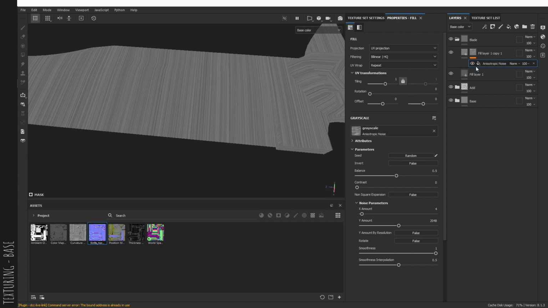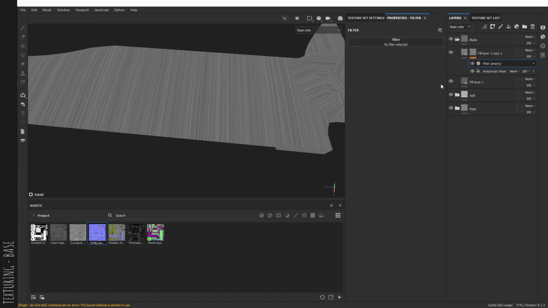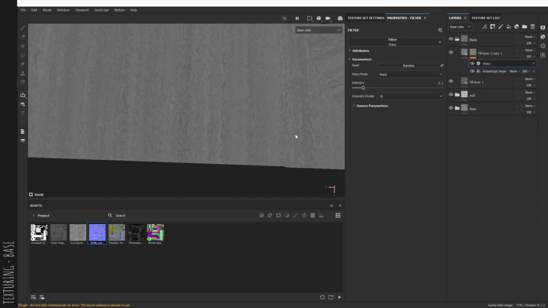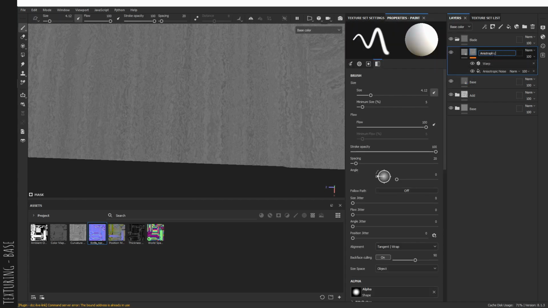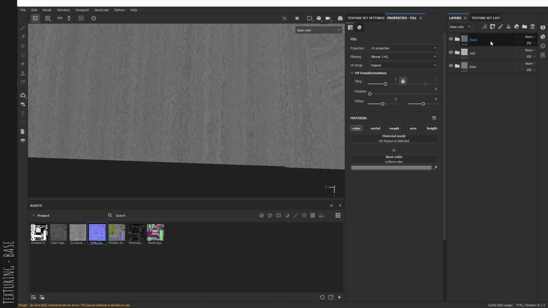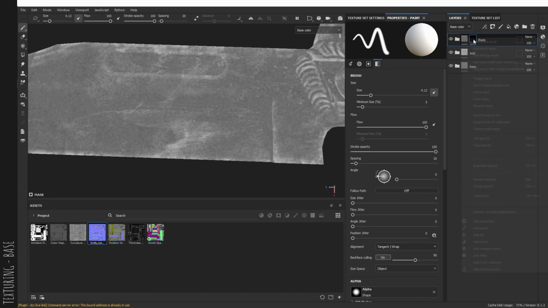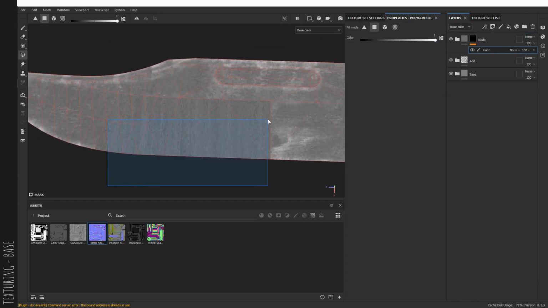Now to break this up a bit, what we can add is a warp. So it's not straight lines, but warped lines. Yeah, exactly like this. So we have those nice warped lines. We're going to call this one base again. We're going to call this one anastrophic. We're going to put a black mask on the whole layer. We're going to add a paint layer, and again we're going to mask out